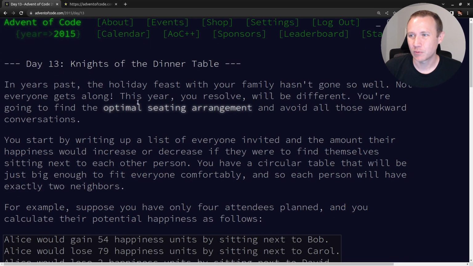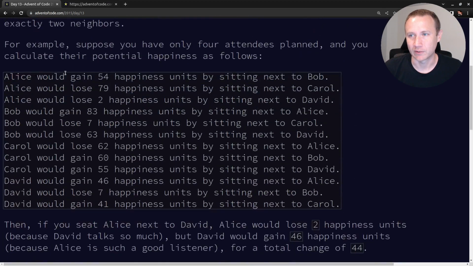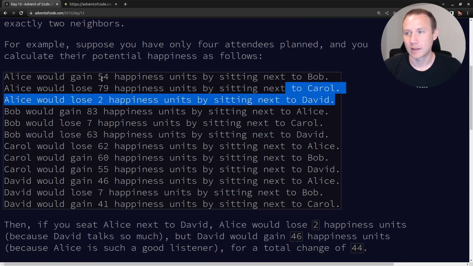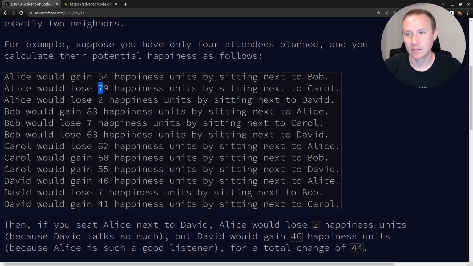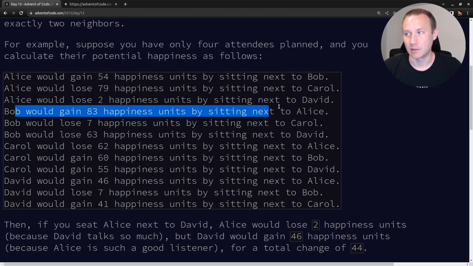Basically, we're looking for an optimal seating arrangement for a bunch of people. And so they give us this example. I'm going to skip through the text here, but basically there are 4 people in this example. So Alice sitting next to each of the 3 other people gains or loses some happiness. Bob, so you get each relation. And so just because Alice gains 54 sitting next to Bob, Bob gains 83 sitting next to Alice,